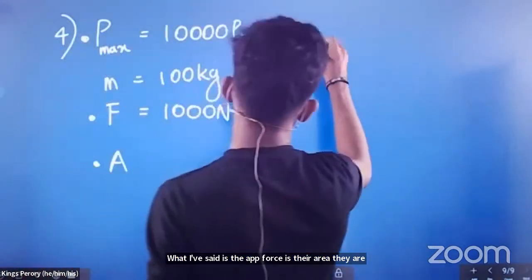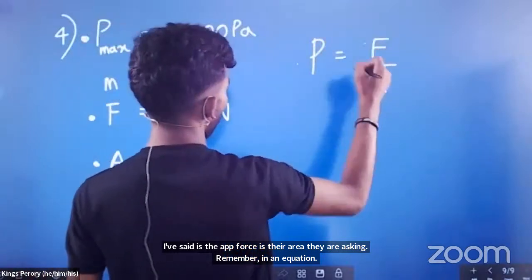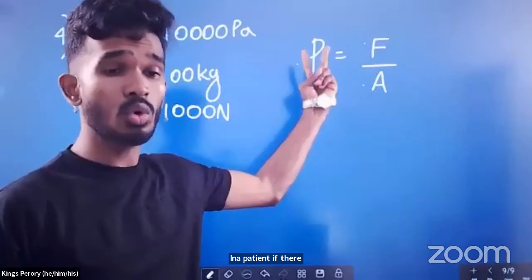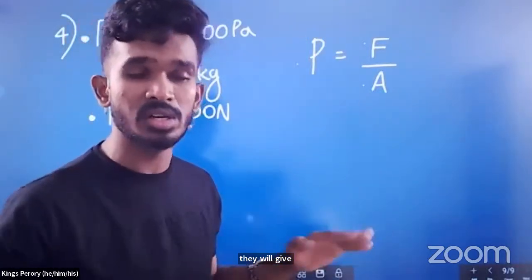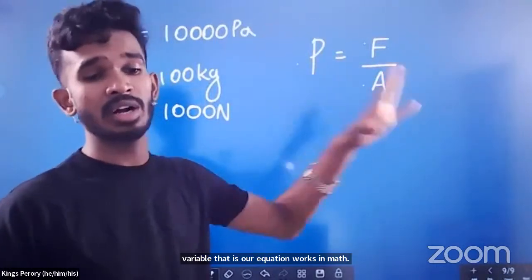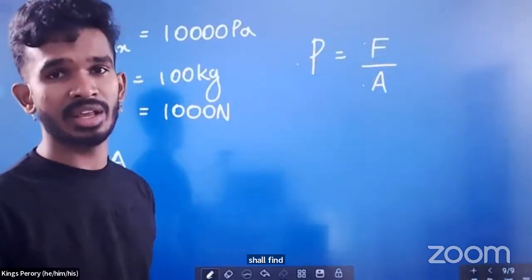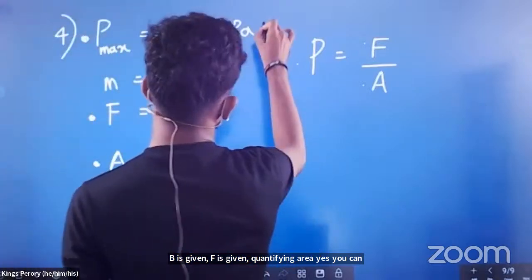Remember, in an equation, if there are three variables, they will surely give two variables. You need to find one variable. That is how an equation works in maths. Three variables are there, two will be given, one you should find. P is given, F is given, can't you find area? Yes, you can. P max is